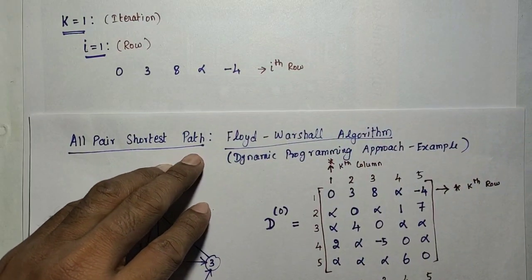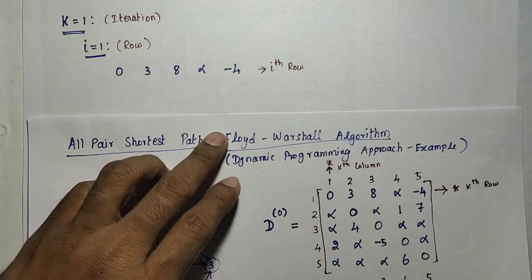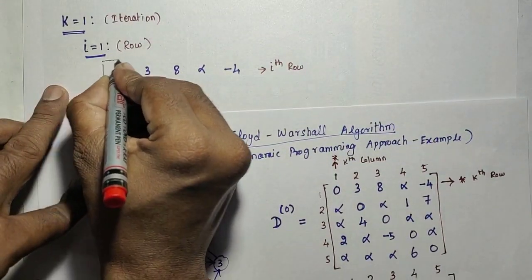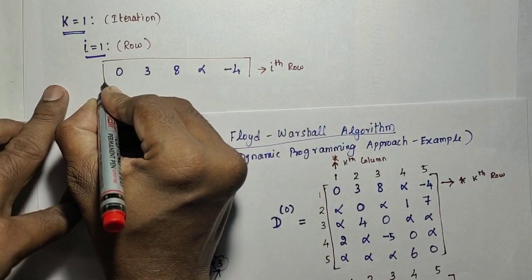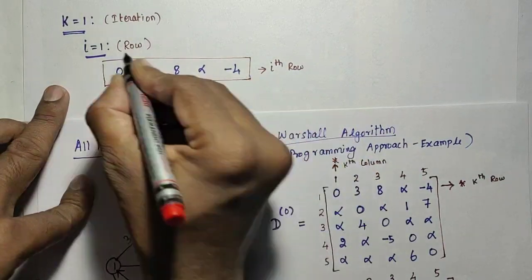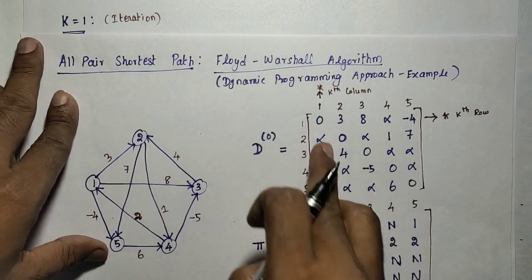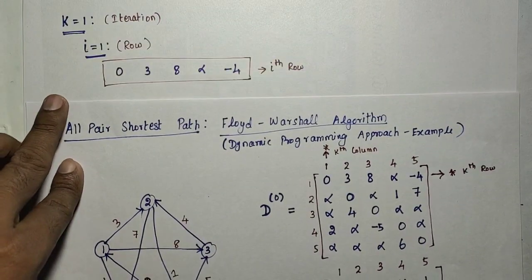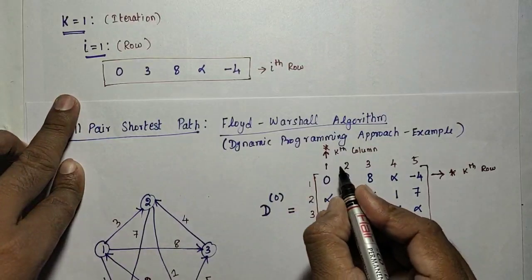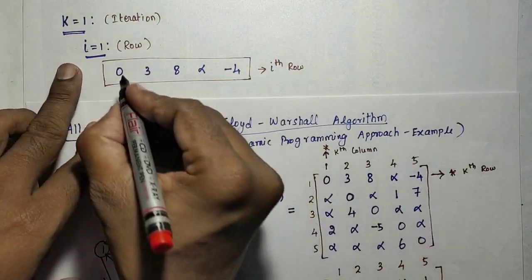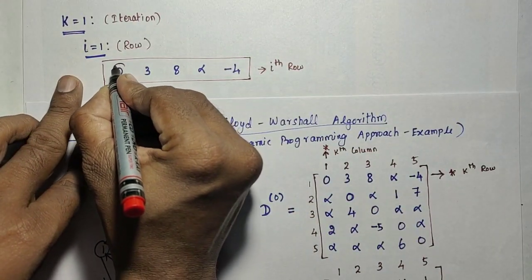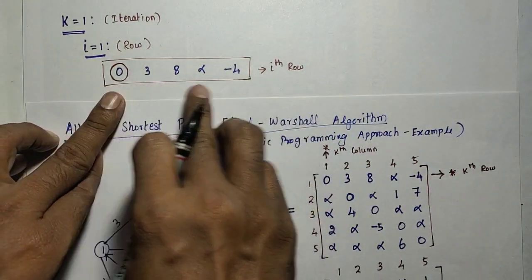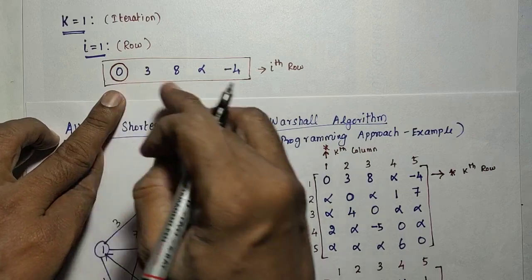Okay, first row. So whether that modification is needed or not, that is what we are going to check. From this ith row, you just select that kth element, because we are choosing the kth column, correct? Just select the kth element. Kth element means, k is iteration number 1, so the 0th element. That is what we have to choose. Just select the ith row's kth element.